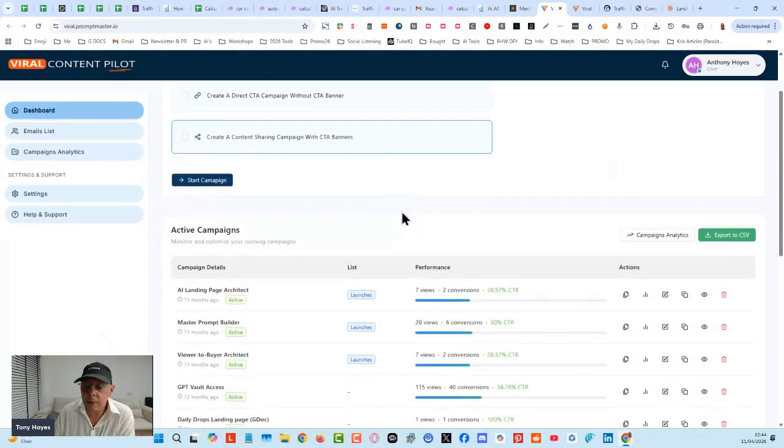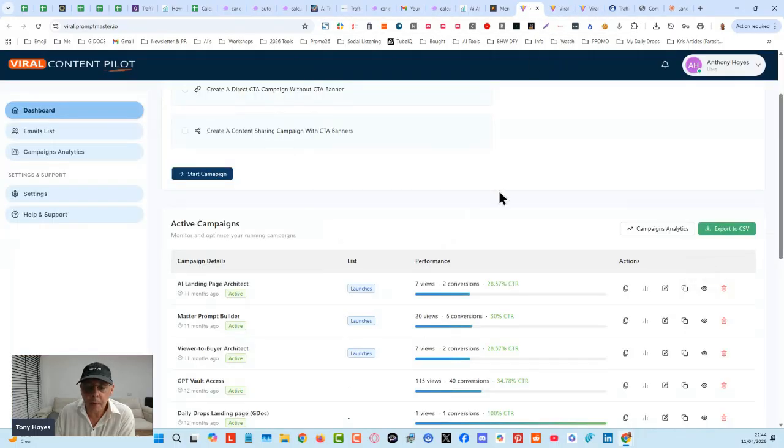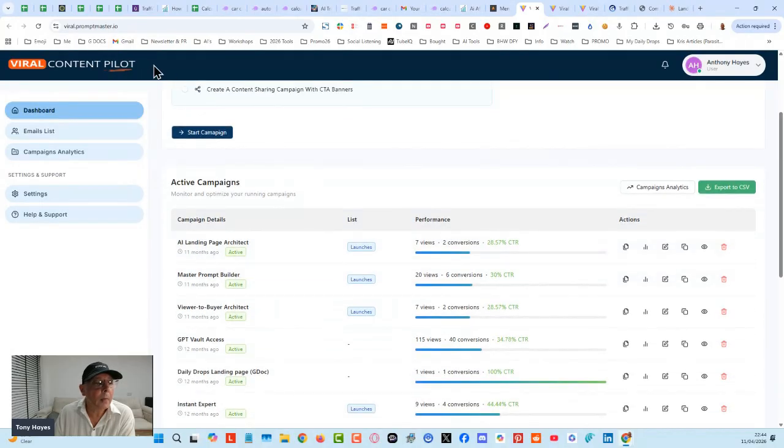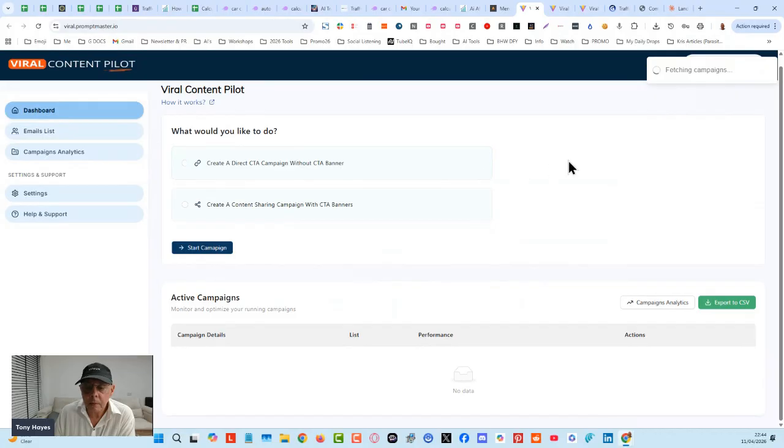Let's see if we can open this one that I just created. It took me about 2 minutes to set this up. I think I forgot to save the bullet points. Let me just check that. Did I forget to save the bullet points in this?